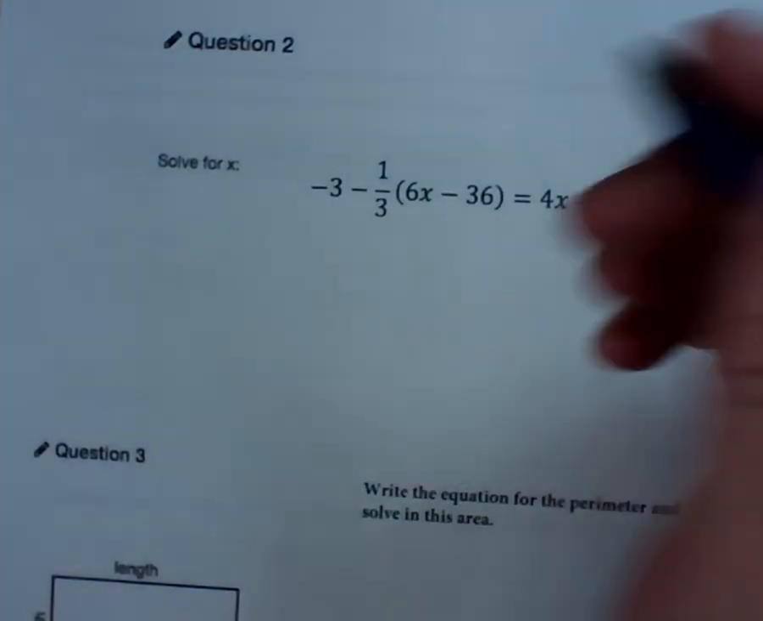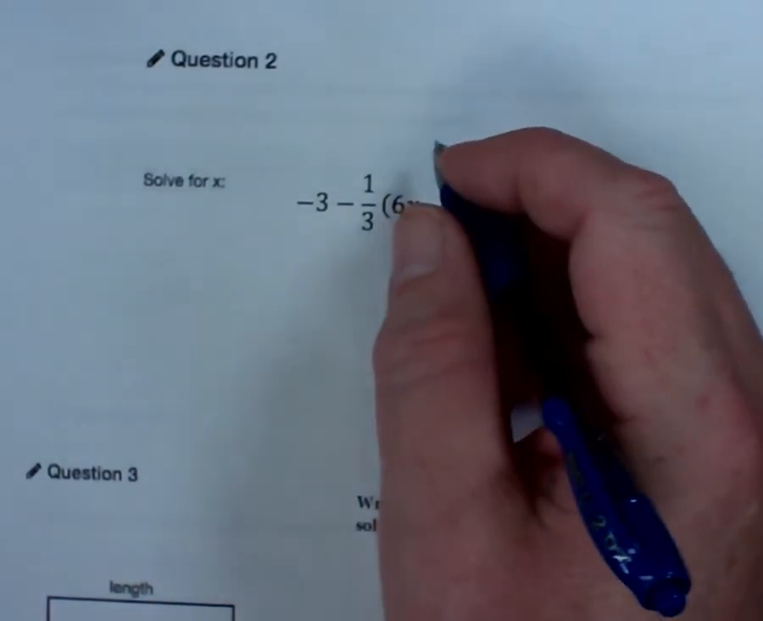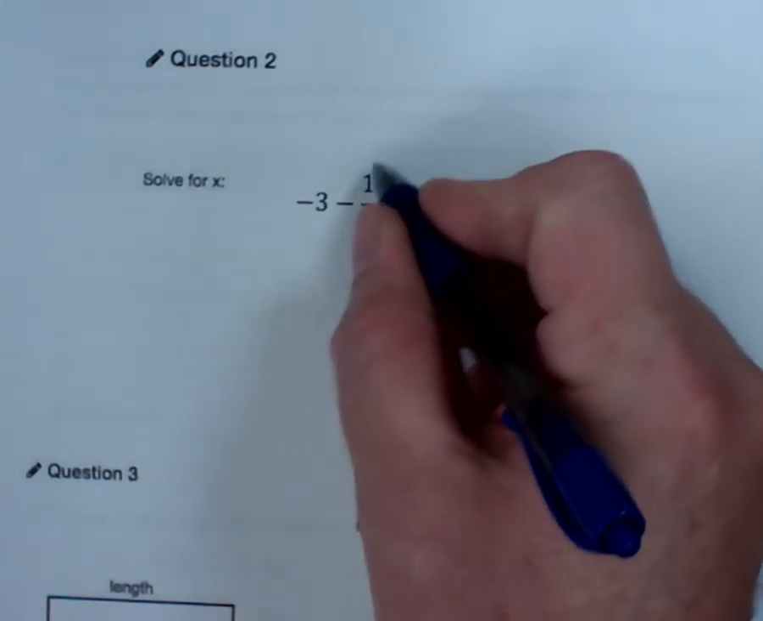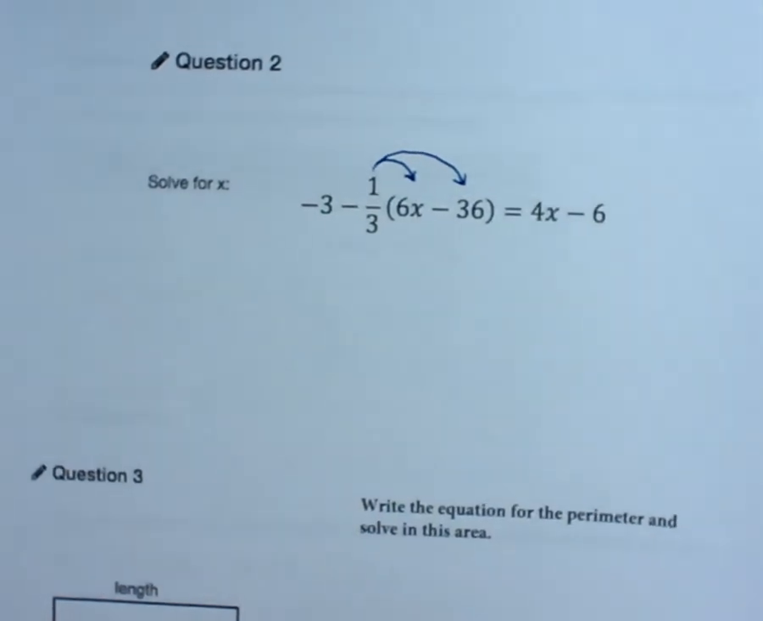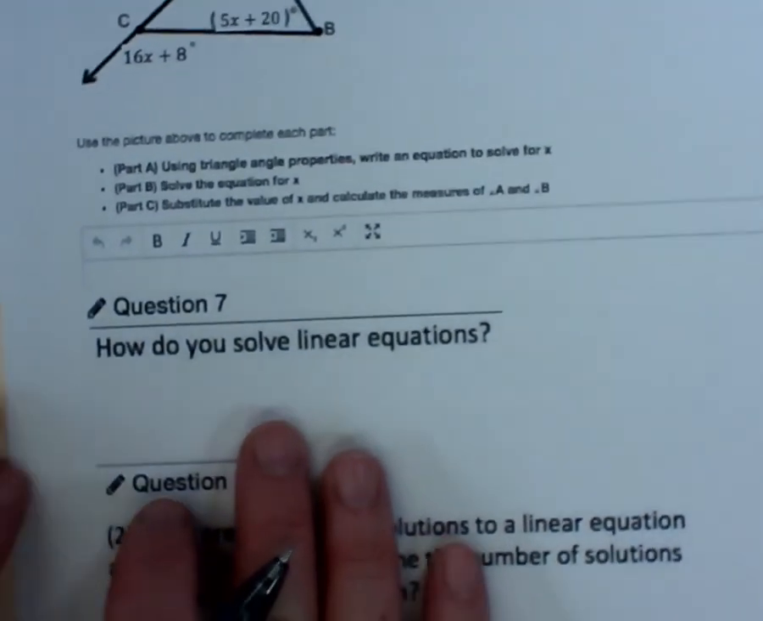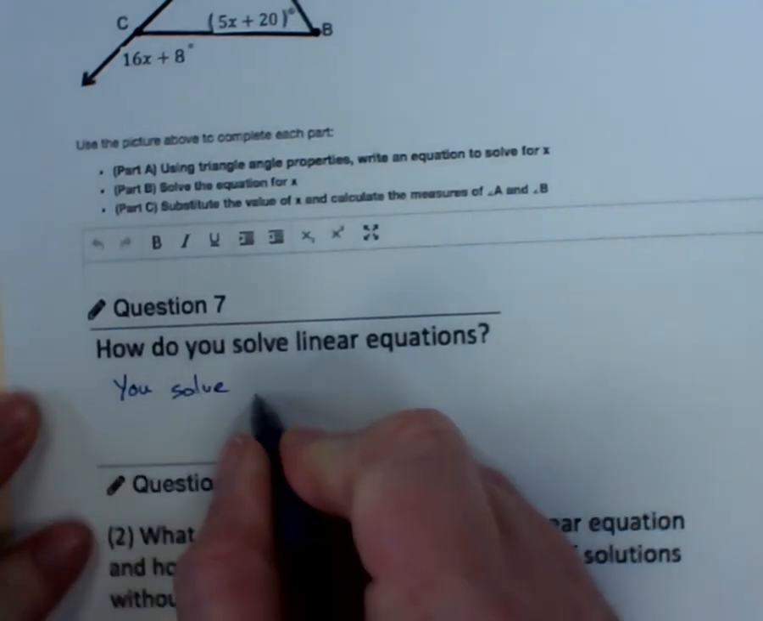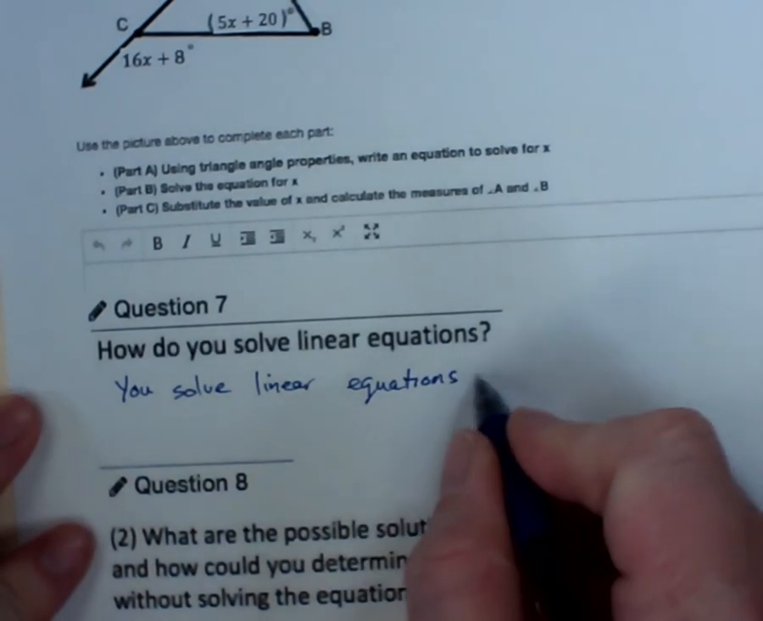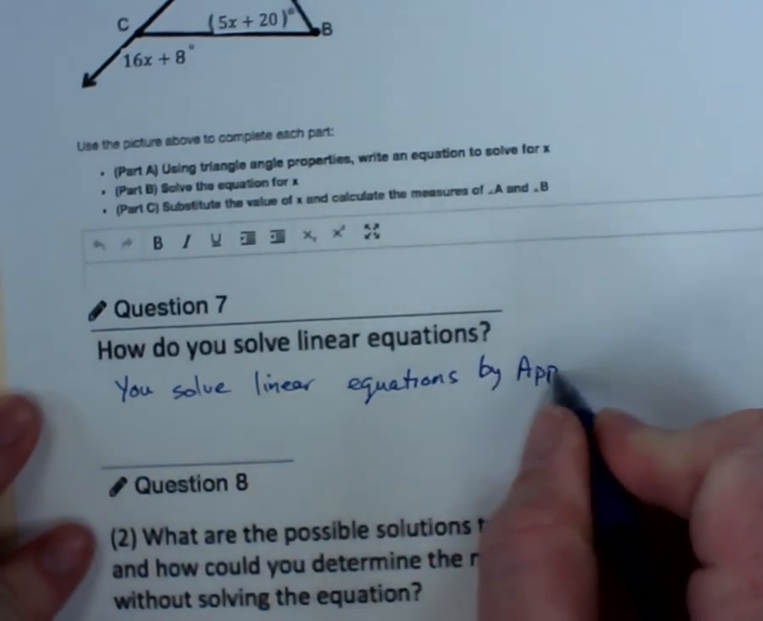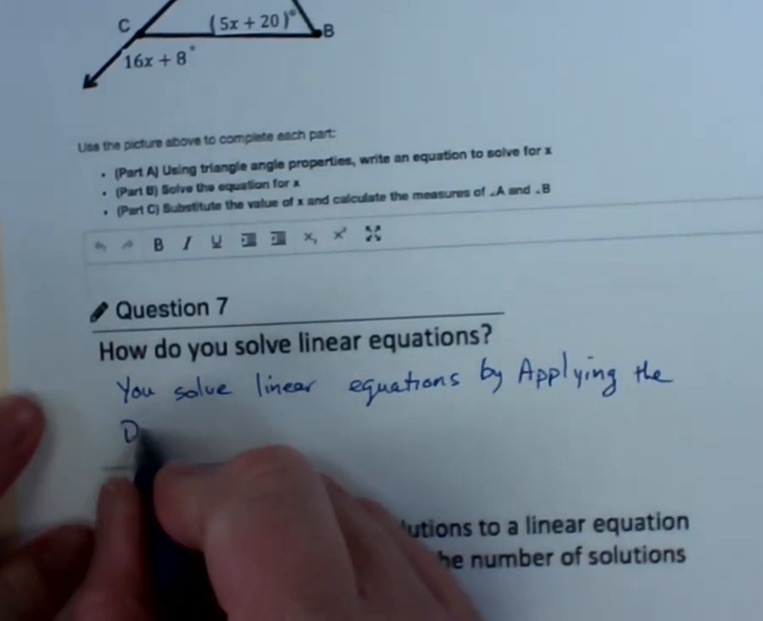All right, there's our big, complicated, multi-step equation here for question 2. We know that we need to apply the distributive property first, so we're going to distribute. That will help me know question 7: how do you solve linear equations? You solve linear equations by applying the distributive property,